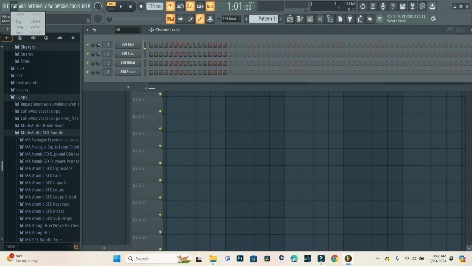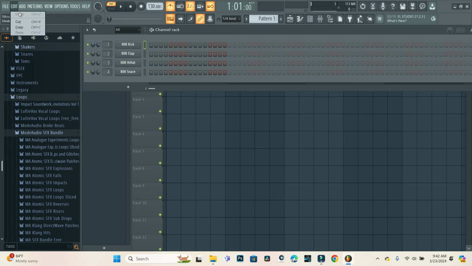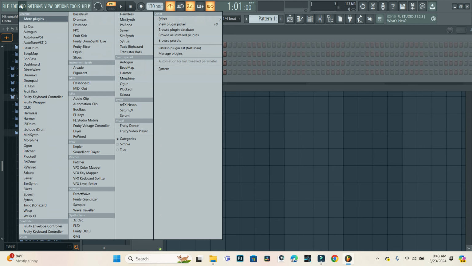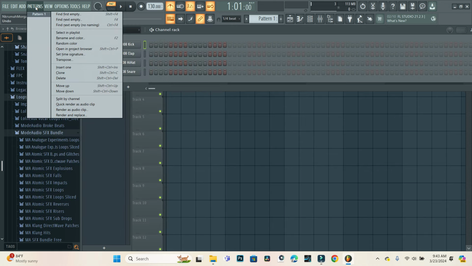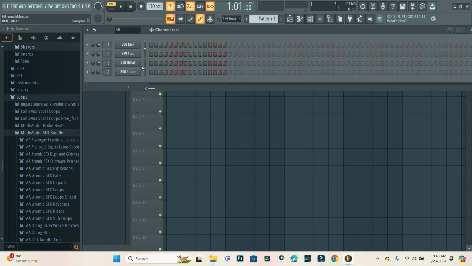Now the edit is normally for the copy, the paste, the cut, the undo. As you see the shortcut there, but there's nothing to undo, so that is grayed out. The next one to it is the add. Now the add is when you want to add an instrument or plugin and so on. And I'll show you another shortcut, or an easier way to get there. But let me continue. So the pattern now. The pattern is when you have done all your work here, and you want to add more to it. So you have the pattern,